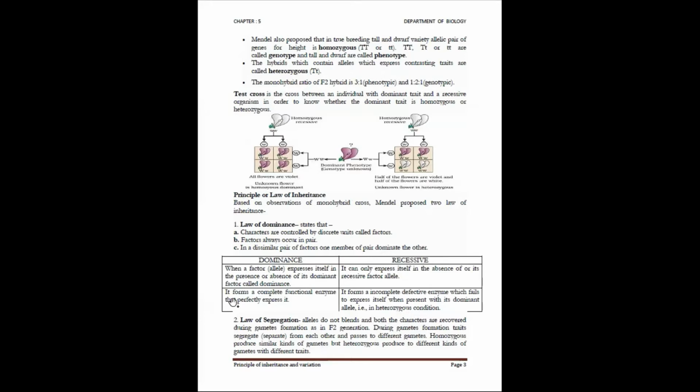Moving on to principles or laws of inheritance, this is very, very important because any of the laws can be asked. There are 3 laws: law of dominance, law of segregation, and law of independent assortment. So the law of dominance states, these 3 points would be the definition. And then the difference between dominant and recessive. This is not frequently asked, it is just for your understanding. And then law of segregation, yes, the definitions will be asked. So make sure you note down the definition.